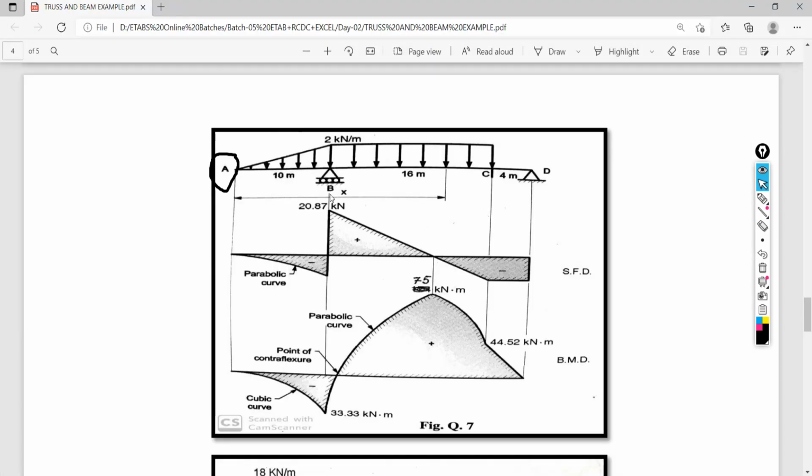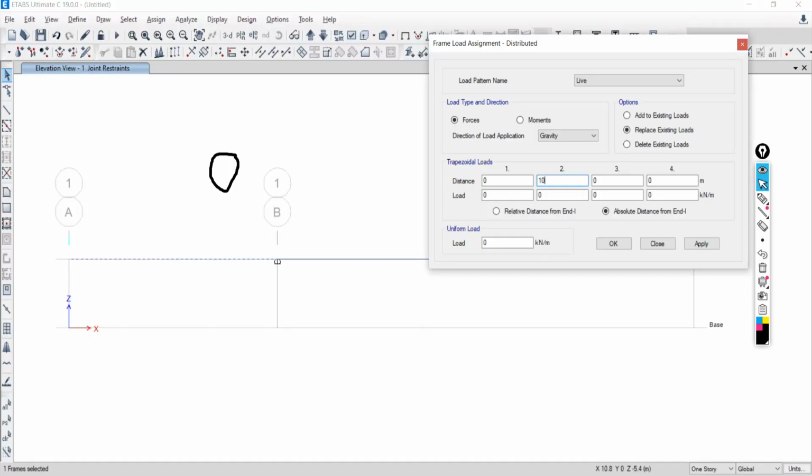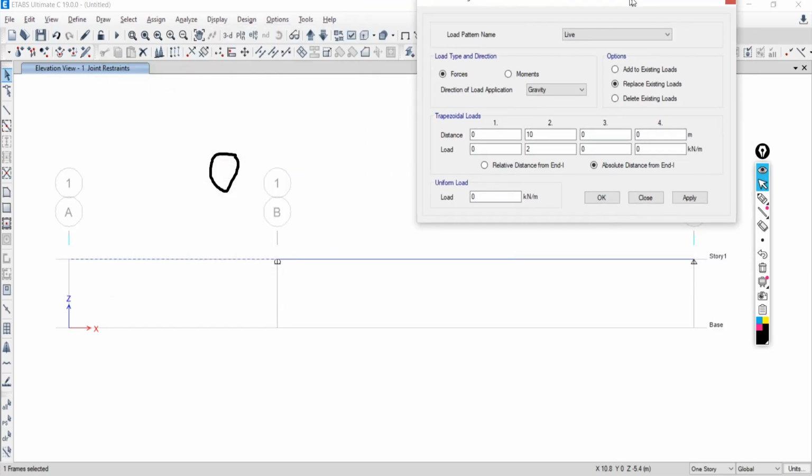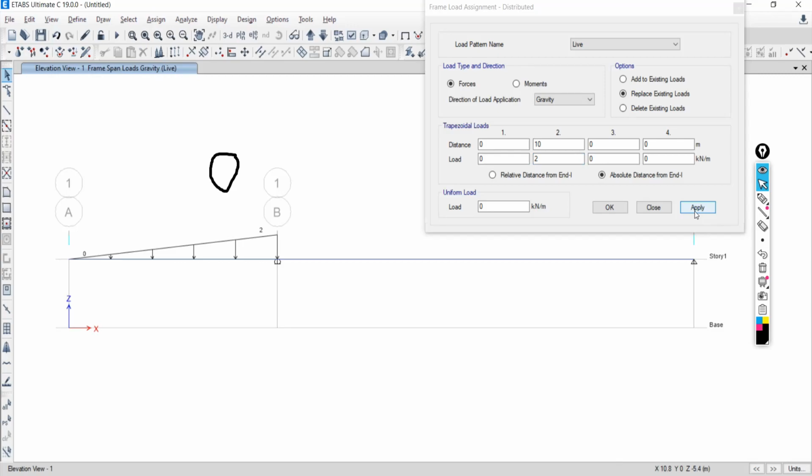At 10 meter, 2 kilonewton intensity is there. Now say apply. Let's see. So uniformly varying load we have assigned to our frame. Now this is done.